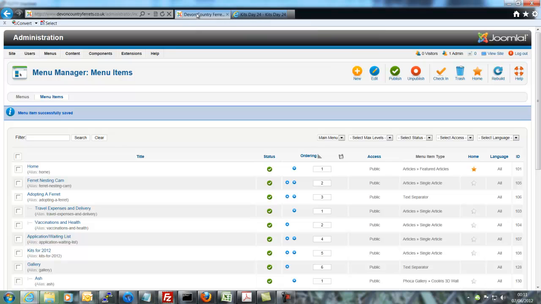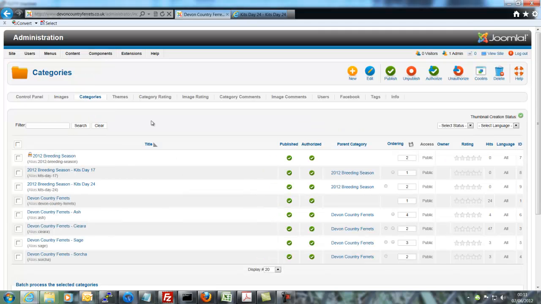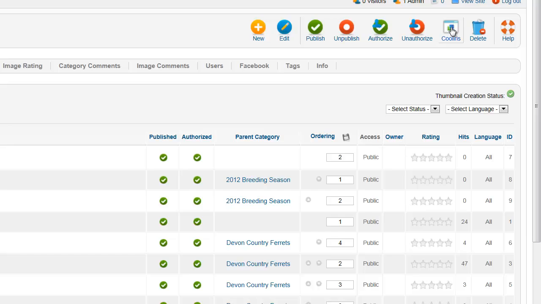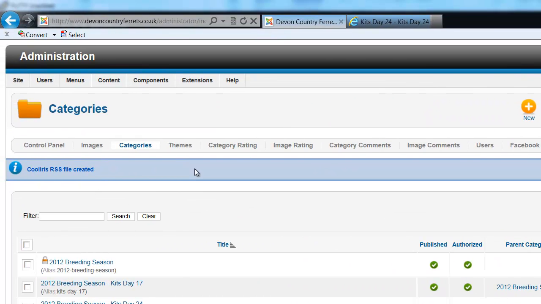But what you need to do is go back into your gallery. So it's into components, Fokker Gallery, and it's categories, if I remember rightly. And so we select 2012 breeding season, kits day 24, which we've just done. And then up there on the top right hand side you've got Cooliris. You click that and that creates the file needed to display the pictures, and you can see there it says